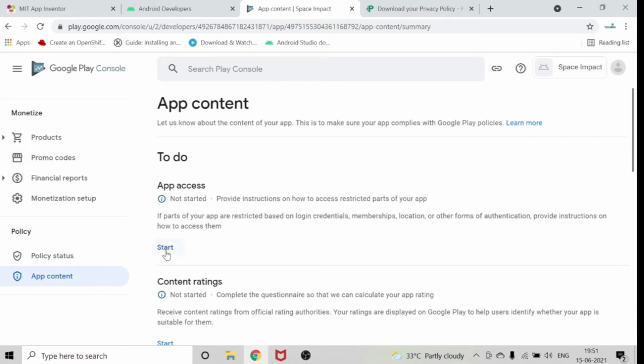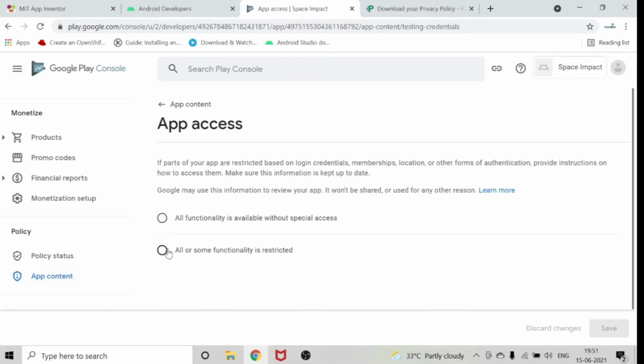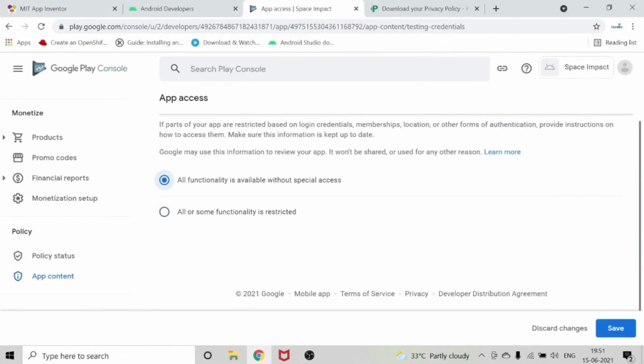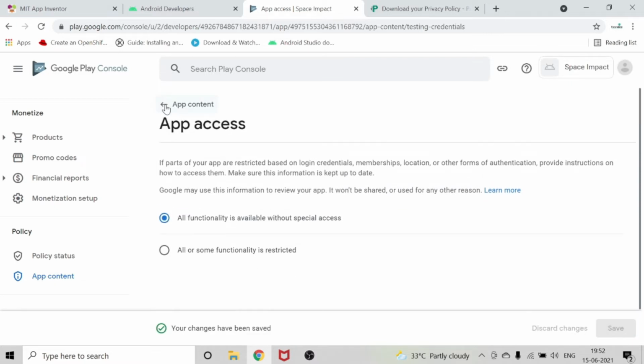This time, go for the app access. My app is not restricted to any kind of people, like I'm not creating this app for my organization or anything. I've just created it for the public use, and hence I'm going to select all functionality is available without special access, and then click on Save button. Go back,